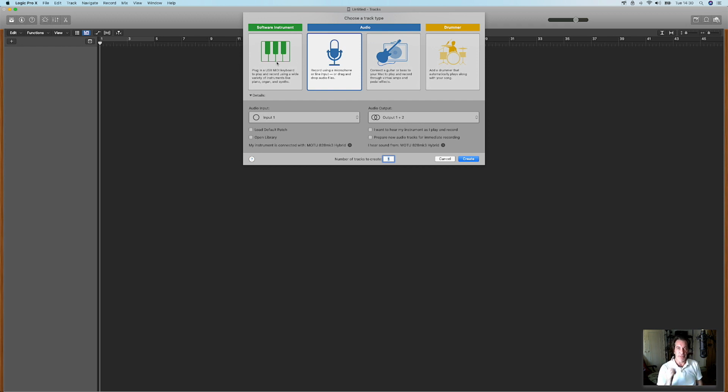The software instrument, pardon me, there are plenty of what we call soft synths that are built into Logic, and if you plug in a USB keyboard, you can then play and record those sounds on the timeline. We will be doing a lot of this, predominantly using the EXS24 digital sampler that is contained within Logic. Connect a guitar or bass to your Mac and play and record through virtual amps and pedal effects. I think that's self-explanatory. The drummer is a kind of automatic drummer that will play along to whatever music track